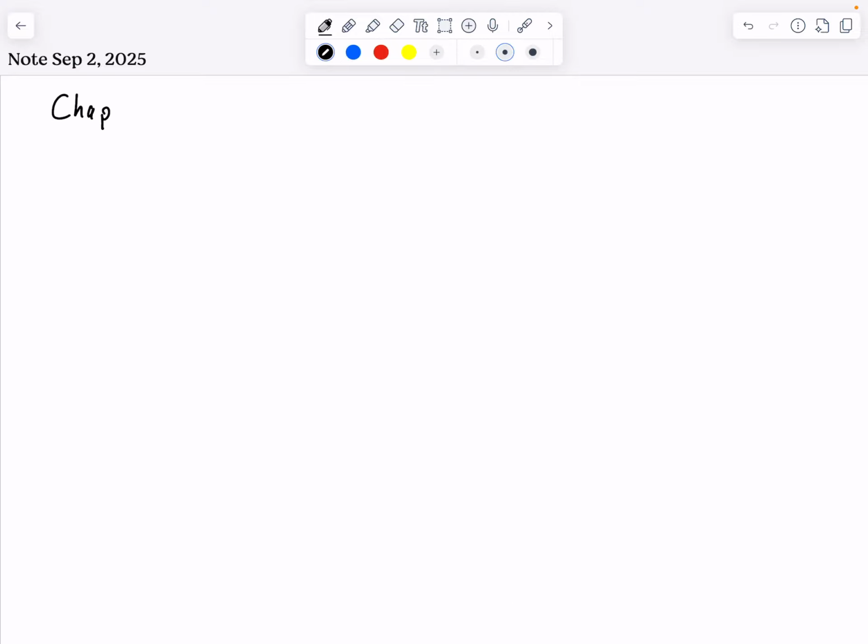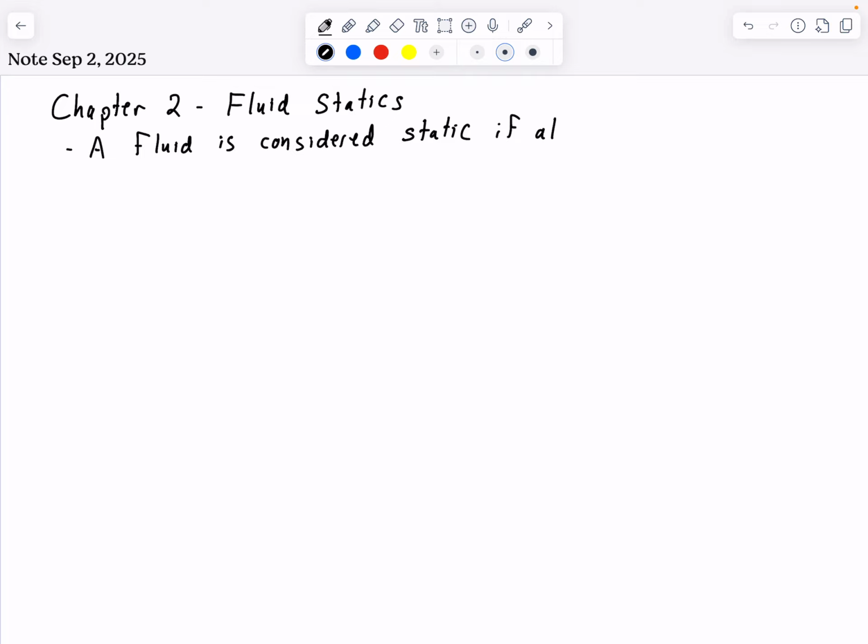Chapter 2, which we are beginning now, deals with fluid statics. Now, what do we mean by a static fluid? We can define this by saying that a fluid is considered static if all the fluid particles are at rest